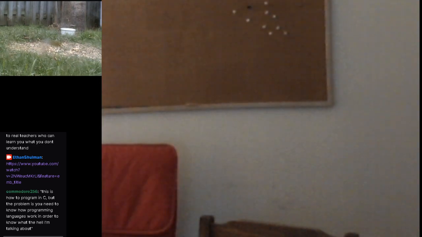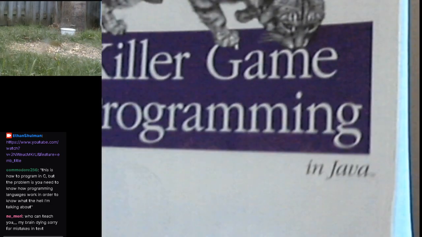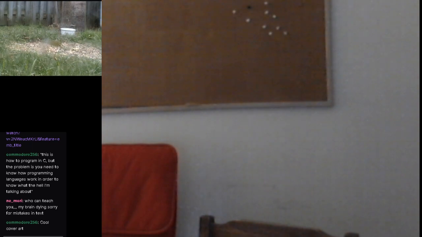All right, so this was probably the best book I've ever read. Killer Game Programming in Java. It's the classic O'Reilly book. But the key part with this is it literally starts with the basics. It literally starts with drawing a square and teaching you about, it doesn't just start at, oh, here you're gonna make,